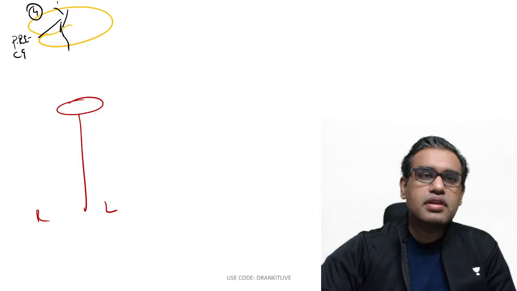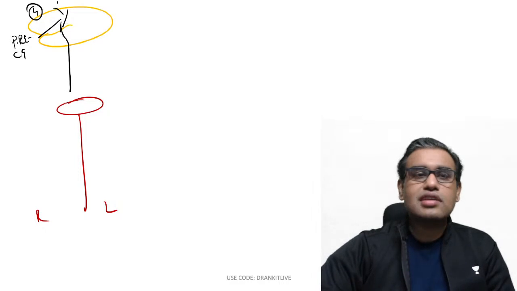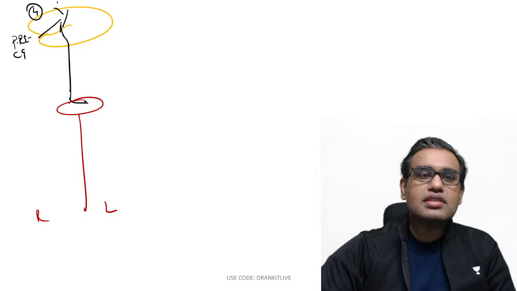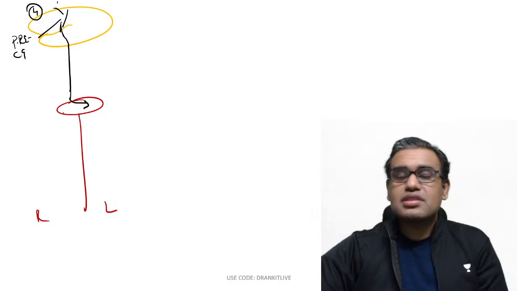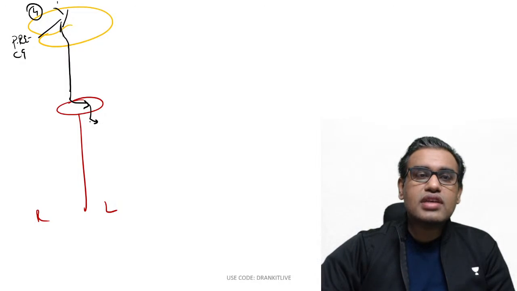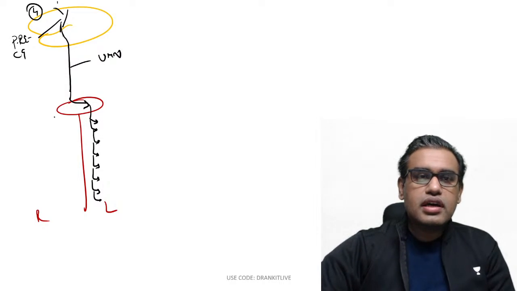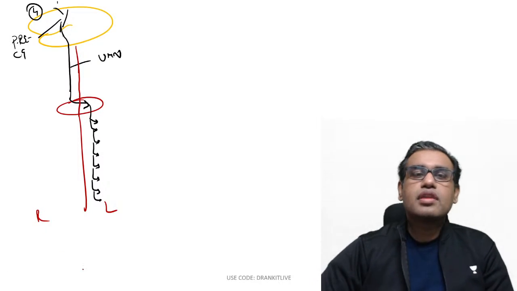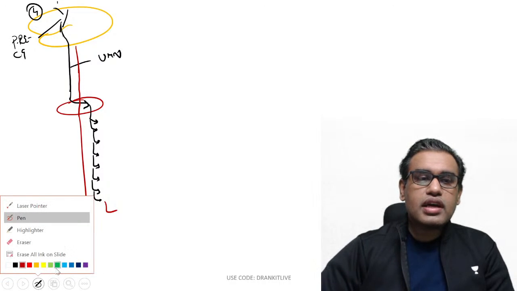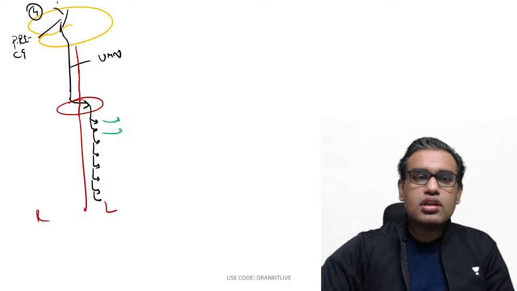They will reach the midbrain, then the pons and the medulla. In the medulla, what happens? Pyramidal decussation. They cross. So here is the pyramidal decussation, but they have not yet synapsed. Now, as they go down, they start to synapse with the anterior horn cells, or you can say the lower motor neurons. So this black is your upper motor neuron, and let us take this midline slightly above also. This black is your upper motor neuron, and this green is your lower motor neuron.